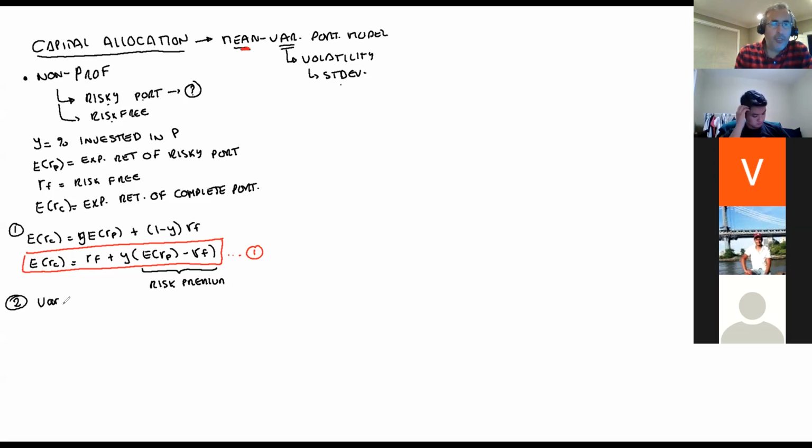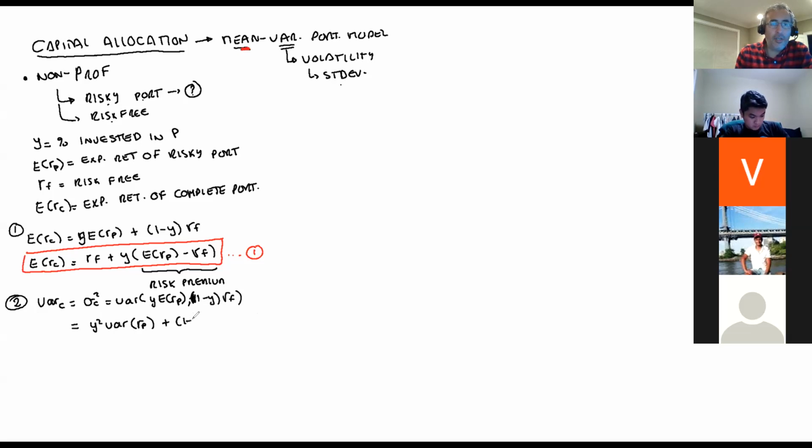So the variance of my complete portfolio, or what I will call sigma square of C. Got it? And this one here is simply, guys, the variance of Y expected return risky portfolio, comma, 1 minus Y risk-free. And what is interesting here, guys, is almost everything is going to cancel out. So this is going to be Y square variance on my risky portfolio